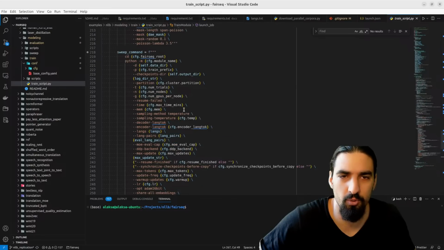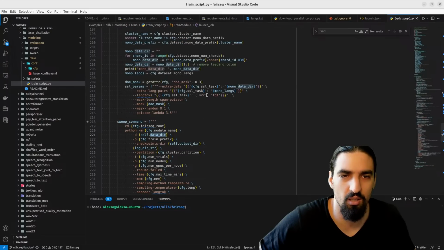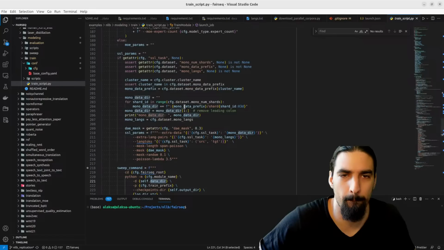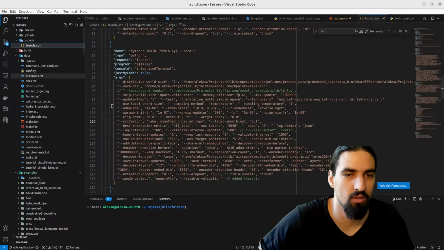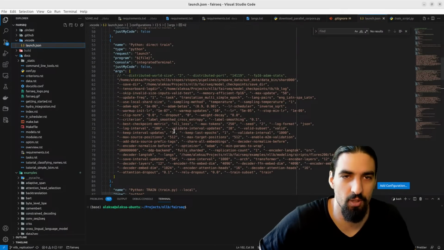And in order to get those paths, data directory, we need to set, let's call the train script.